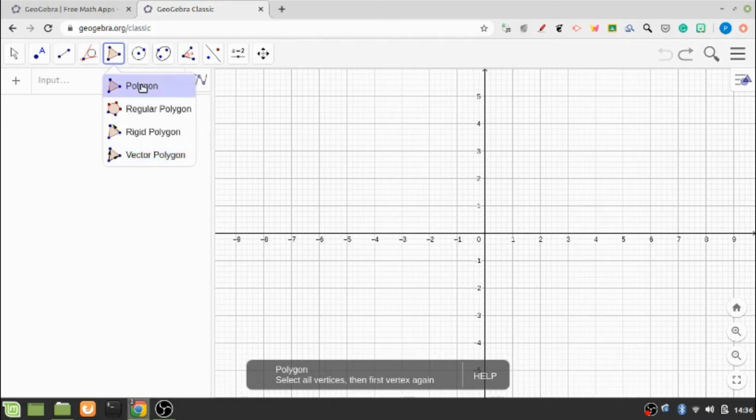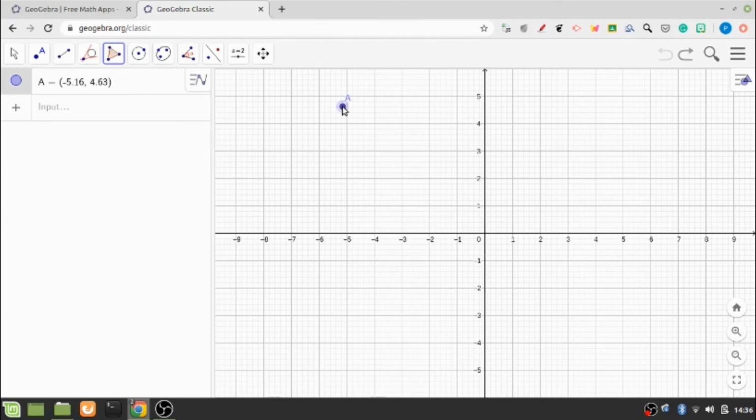So if we click on this polygon, we click here on this graphic window, one point is generated designated by A. Then I click on another point, one segment line has been generated.